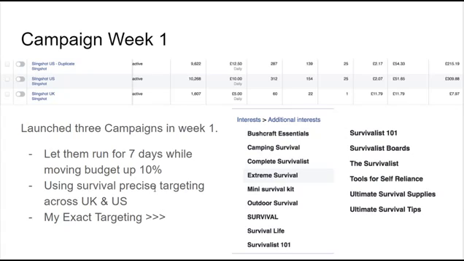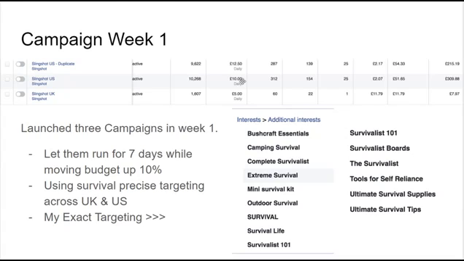We used precise targeting, so this is what I teach in my course. We were using precise targeting, starting with around that 500,000 size audience. And again, this is the exact targeting we used here, so you can go ahead and use them if you want. So we're going to jump into the next slide, which is week 2, where we started to